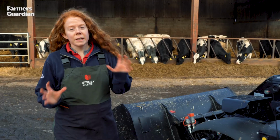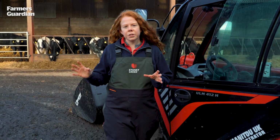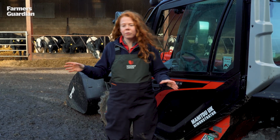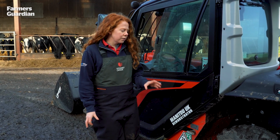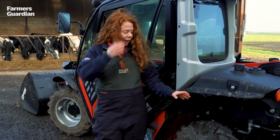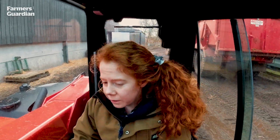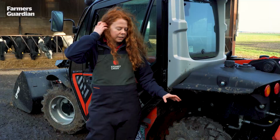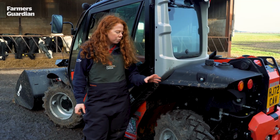The other thing I'd like to mention is, on our yard personally, we are a rough rubble yard. We have bits of concrete, but it's not everywhere. We are hoping to improve in that way. However, in this machine and on these tyres specifically, it is a very rough and very loud ride. Yeah, she's steady. And I think you can get bigger tyres on this machine, which I think would improve the